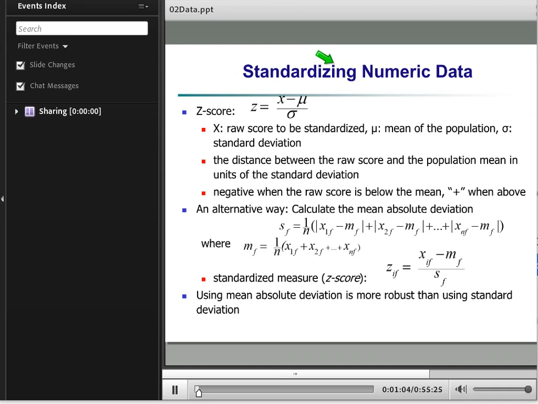And in the last part of that session, we talked about similarity measures, and we showed how we can